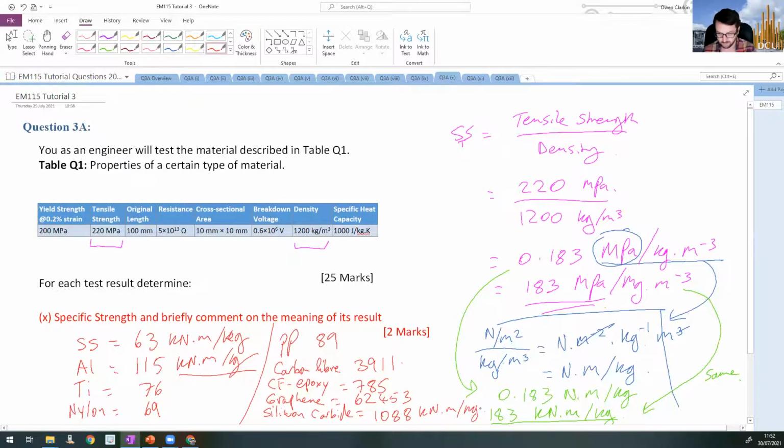Okay, so what have we got here? We've got something that's higher than steel, higher than aluminium, higher than titanium, and so it's quite a high value. Okay, 183. Not probably as high as some of the ceramics, but